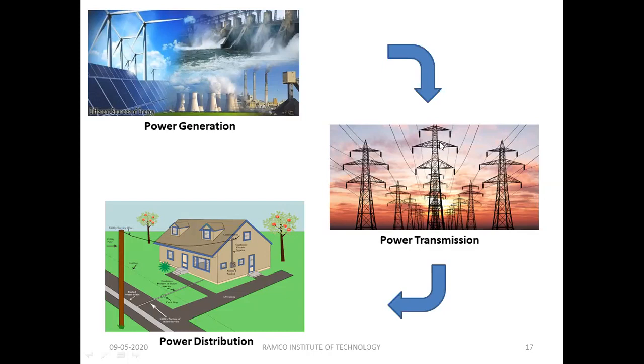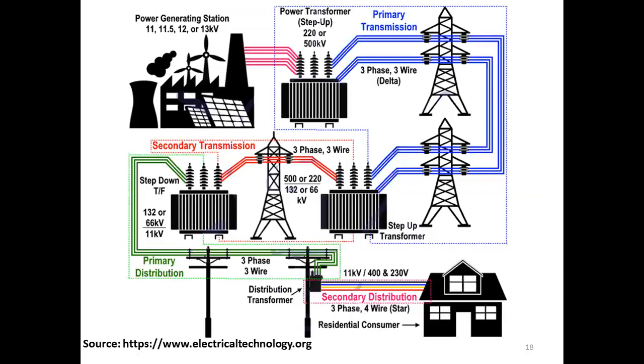See here, see the diagram: a long electric post with so many wires, overhead lines. Through this medium we are transmitting the power. Then we get power at our home. That portion is called power distribution. So if you want to get power, we should come across these three stages: power generation, power transmission, and power distribution. Yes, so let me explain.